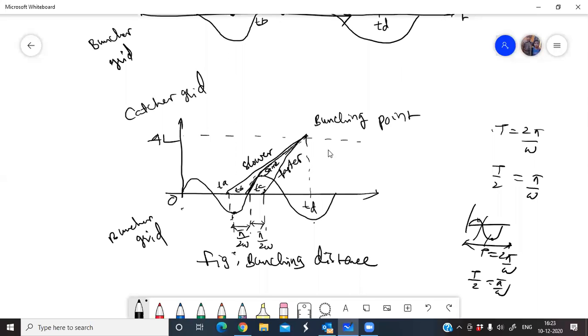See here. So I want to assume that the bunching point is at the distance Td. So we have time Td. So this is the distance, and this is the bunching point. Now here what I want to write is the distance from the buncher grid, that means from the origin, the buncher grid, to the location of the dense electron bunching, that is the Td point, for the electron at Tb. So first I want to write for the electron at Tb. So you can write the distance as